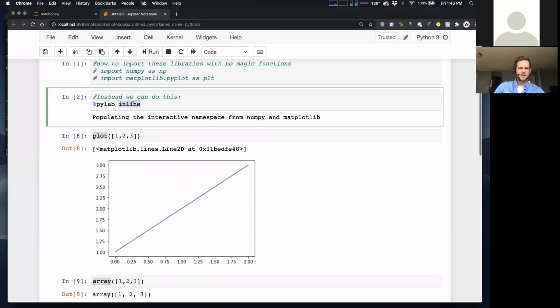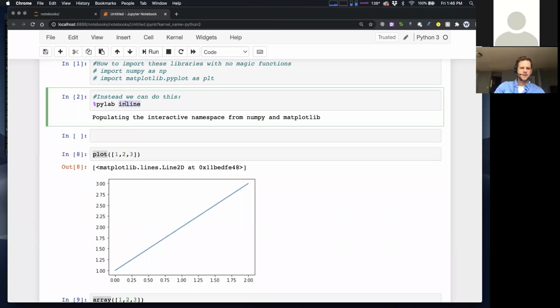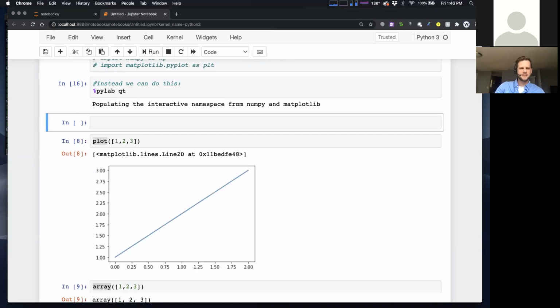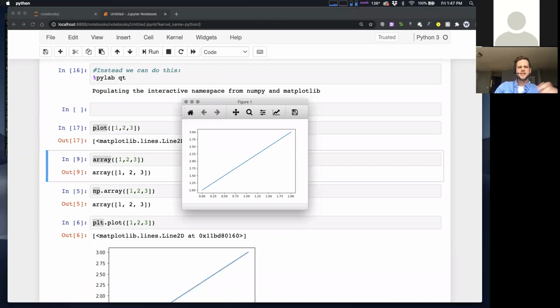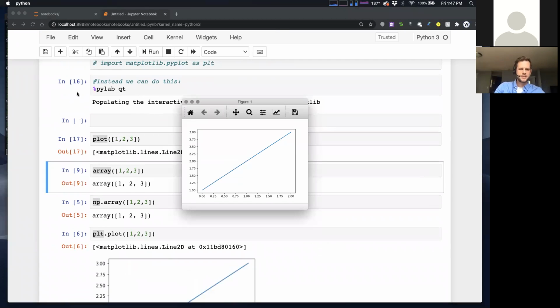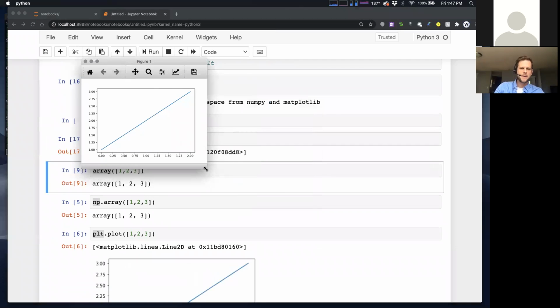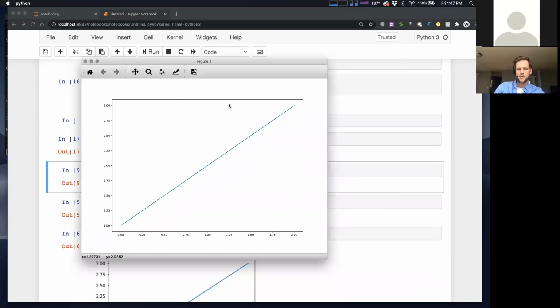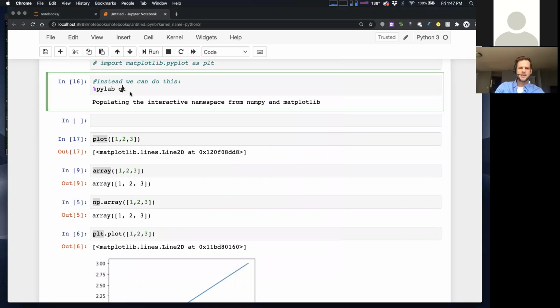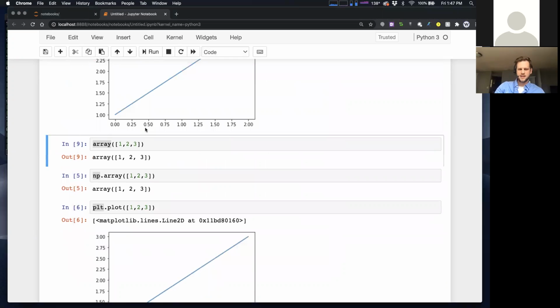Let me show you what I mean by that. So there's another option here. I think it's called pylab Qt. Let's try it. Oh yeah, do you see that? So when I change to pylab Qt, now my figures pop out into this nice little window, which might be nice if you can zoom in on it and stuff. So this could be useful sometimes. So that's pylab Qt mode. What inline mode does is put your figures in the notebook like this, right?